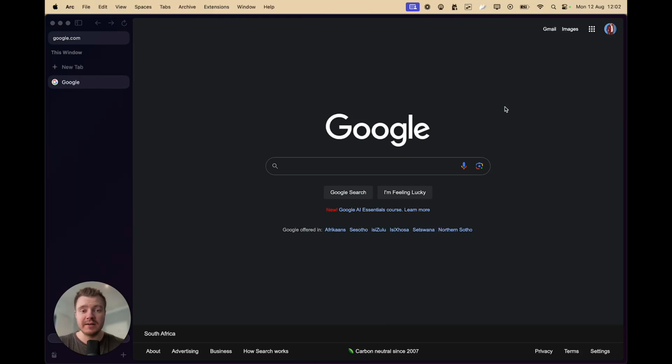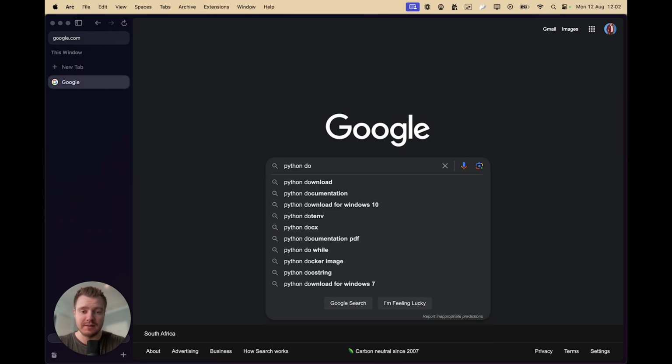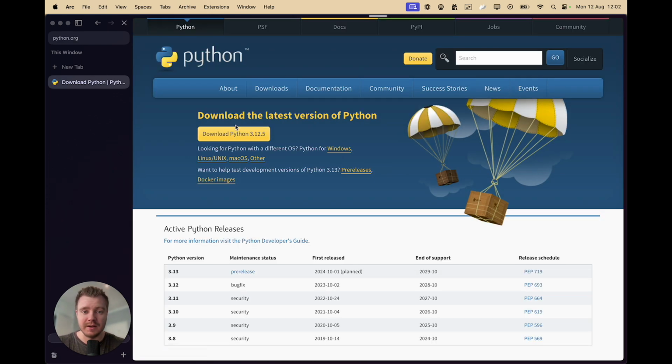Today we're going to take a look at how we can install Python on a Mac. So the first thing you want to do is go into Google and type in Python download. We're going to go to this first link at python.org and you can download the latest version of Python right